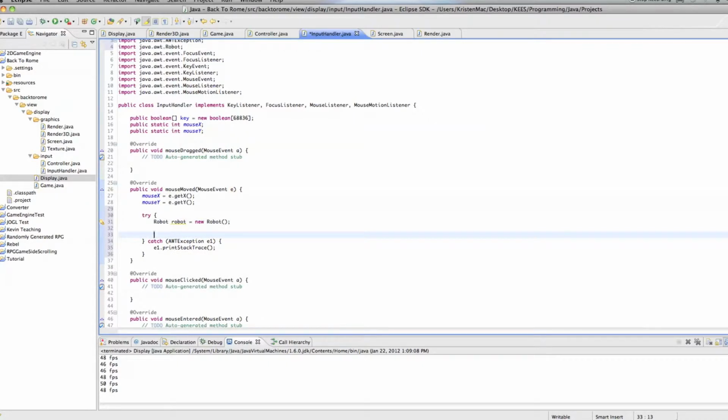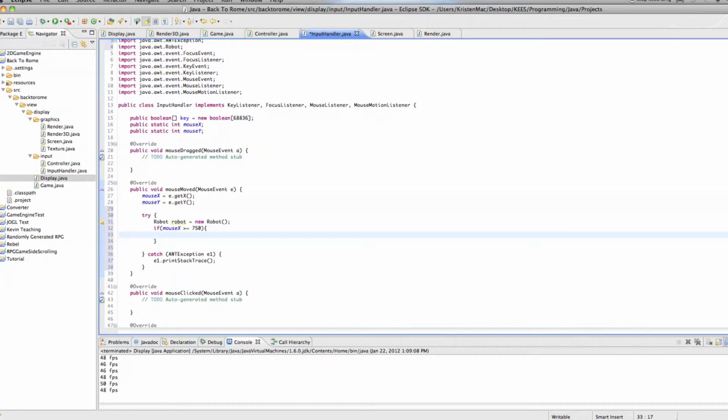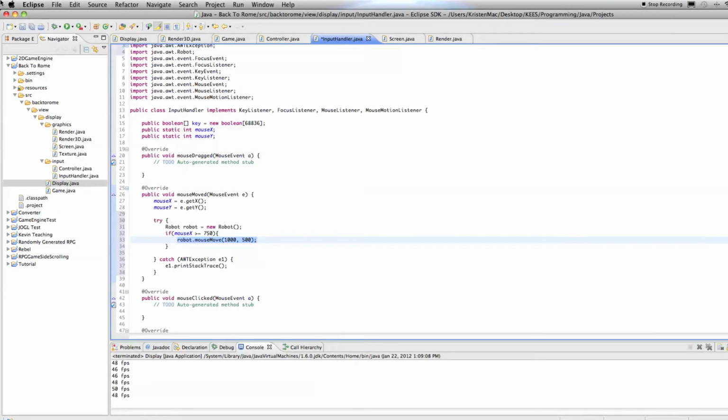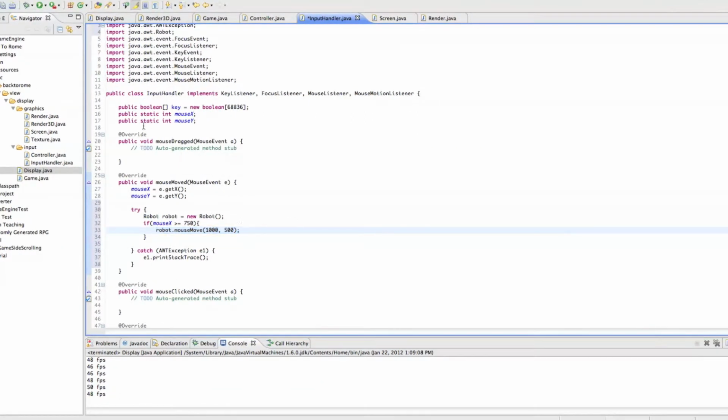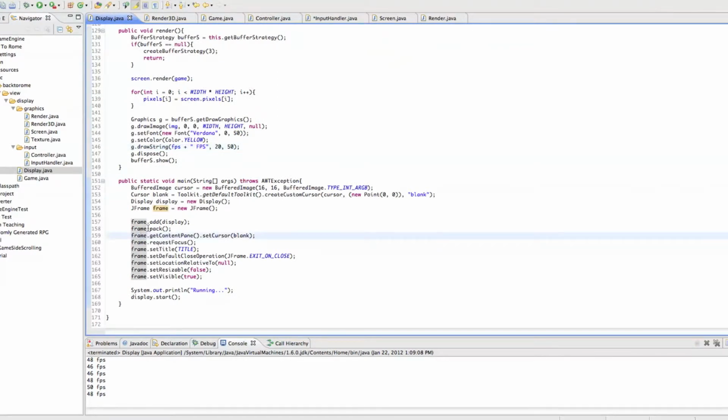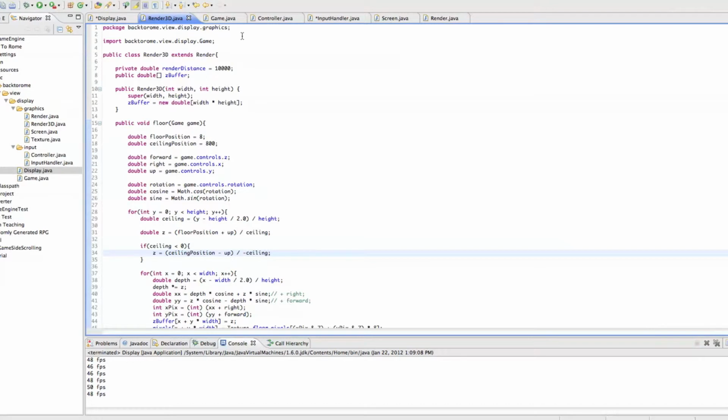So what we want to do is put a few if statements. So if mouse X, which is, if you remember, right here, is greater than or equal to, I think it was 750 when I tested this out, then robot.mouseMove, and I moved it to 1,500. And when you do mouseMove, it moves it to the location on your whole computer screen, not the location in your program. Oh, one thing I forgot to do is go into display and just comment out this frame.getContentPane().setCursor so that we can actually see the mouse. And if I go back into input handler,